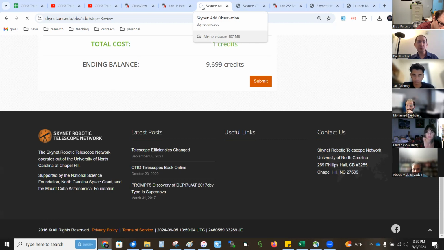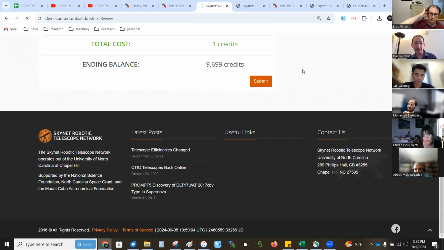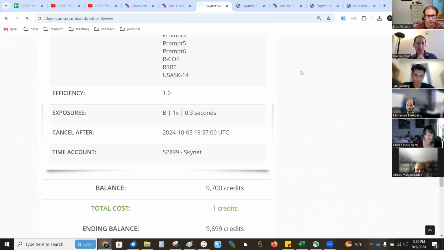I wonder why these two screens, just when I go to the add observation or the observation page, oh, it's going back to the observation page. Something about the observation page is just creeping right now. You'll get there in a second. But you'll see it'll be in the list. It'll be listed as active. And once it's done, it's switched to complete. And once the data's been transferred, it's switched to archived. I'm going to ask my programmers about why that's slow.